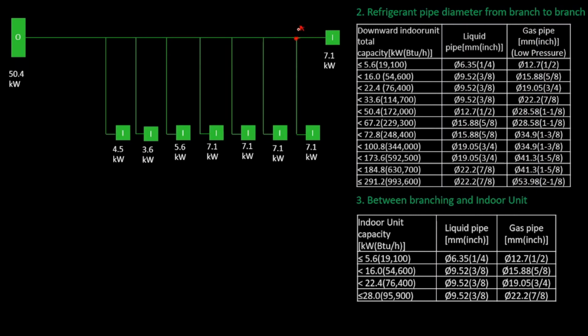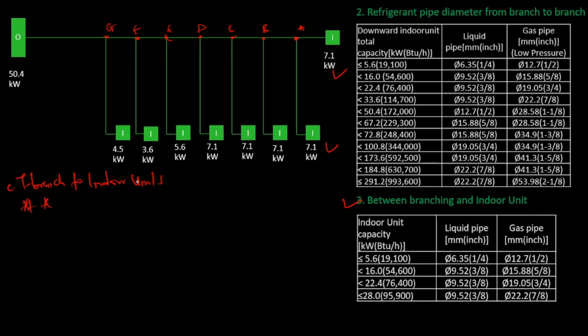For example, we know this is branch A, this is branch B, this is branch C, this is branch D, this is branch E, this is branch F, and this is branch G. And for branch A, these are the indoor units connected to branch A. That's here and here. Let me just write it here. So say Y branch, say category C, that's Y branch to indoor units. This time we'll be using table 3, okay? And so we'll start with branch